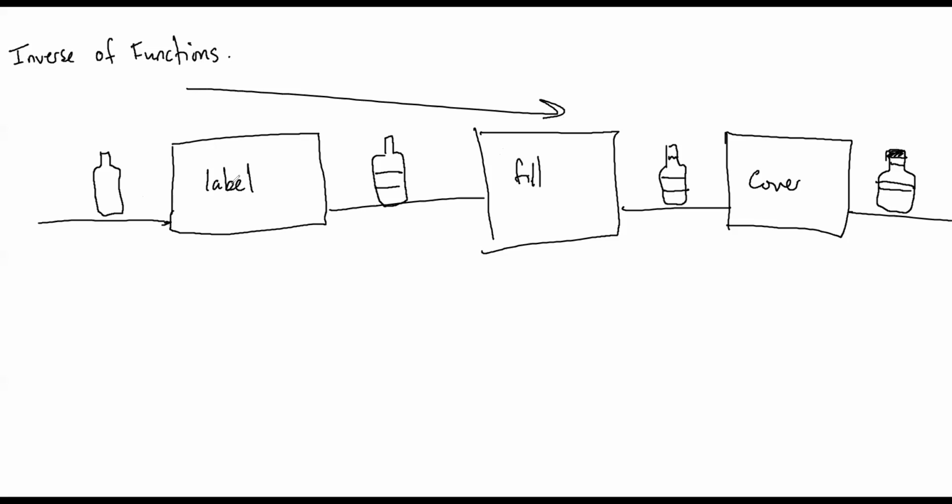So going that way is what we would have done, right? But if we wanted to do the reverse, it would have been uncover, then unfill, then unlabel. So if we start with our answer, to get what we started with, we'll have to do the opposite, going backwards. Yeah? So when we talk about the inverse of a function,